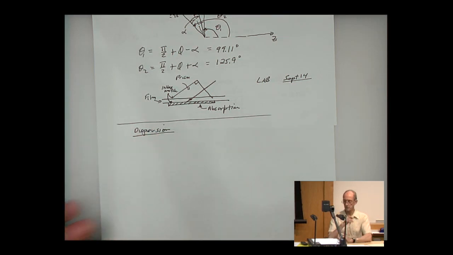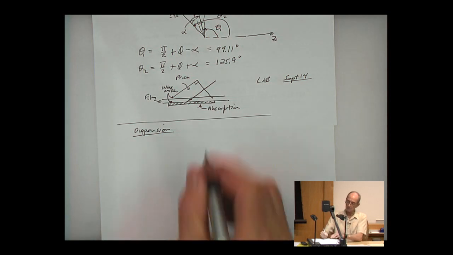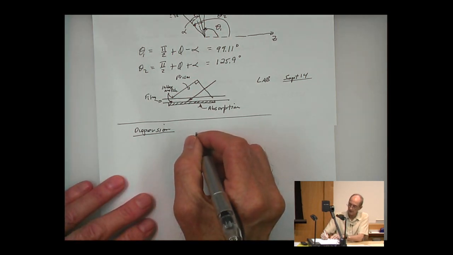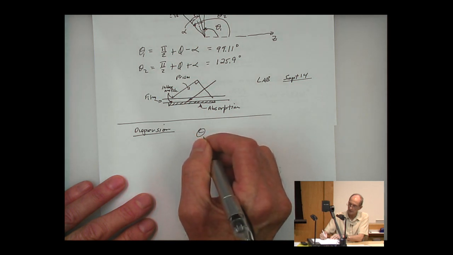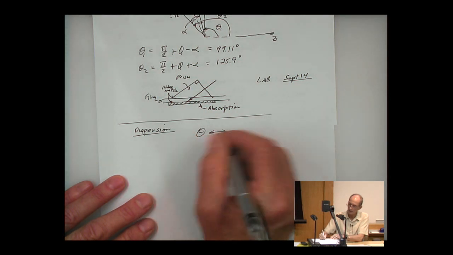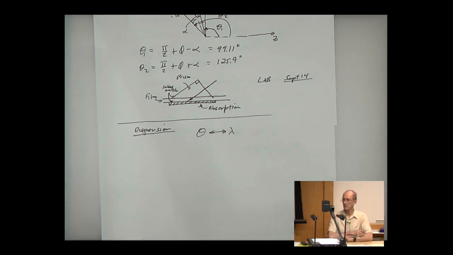And dispersion is a very important feature of gratings, and it indicates a strong relationship between the diffraction angle and the wavelength. Okay, and we're going to see this time and again when we talk about holograms and gratings throughout the class, that there is this very strong dependence on these two, and it's both a blessing and a curse